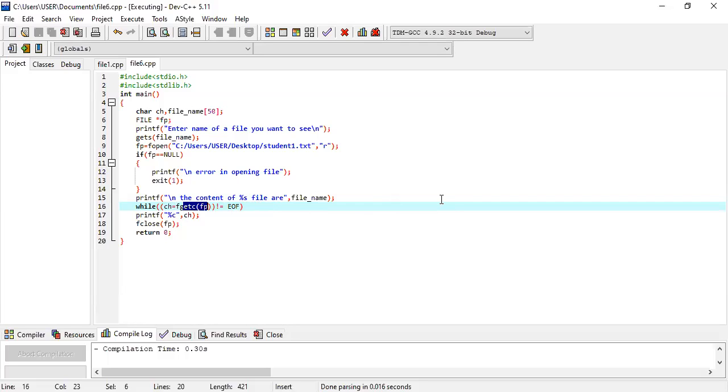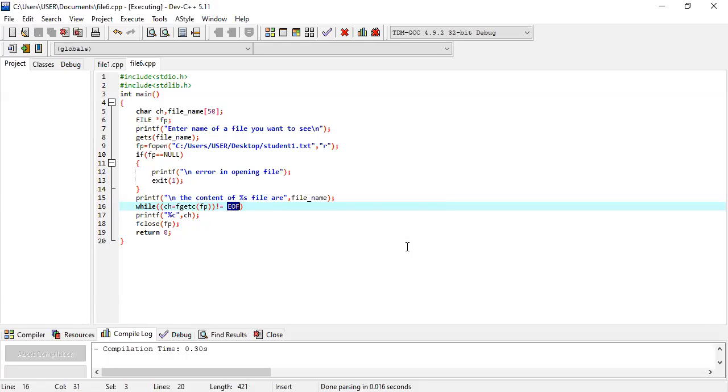The user should write some terminating condition here, otherwise this loop is executed as an infinite loop. So if this character is not the end of file, because the compiler knows the meaning of EOF, which means there is nothing left in the file, so we have reached the last character in my existing file.